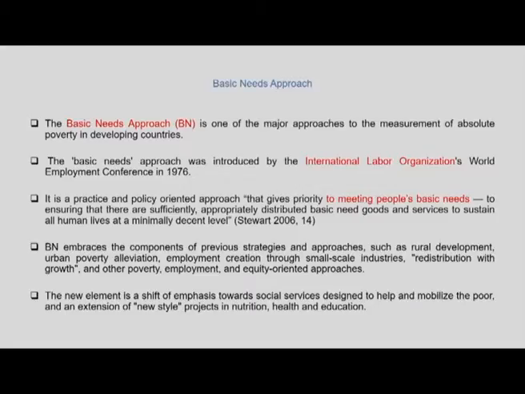When the basic needs approach was introduced, it was considered to be a new element. The new element is that there is a shift of emphasis towards social services designed to help and mobilize the poor, and an extension of new style projects in nutrition, health and education. Now, the basic needs approach has also been referred to as providing resources to people, and the development discourse over the period of the 1980s and the 1990s has focused a lot on distributing resources to people, providing assets to people, in the form of